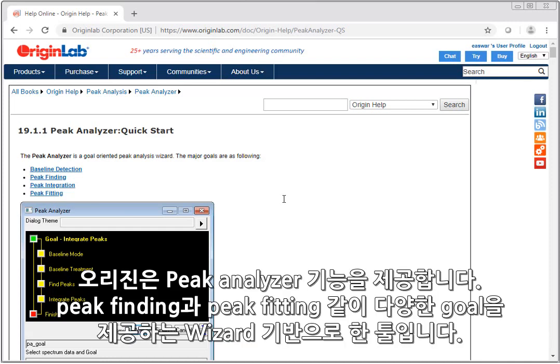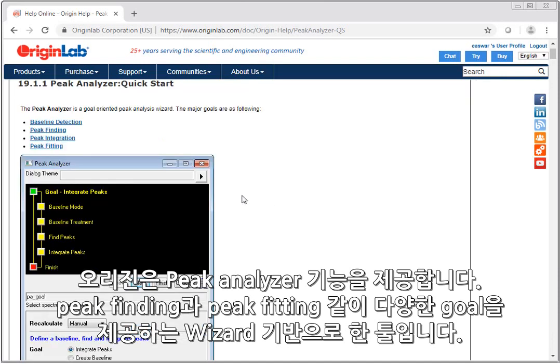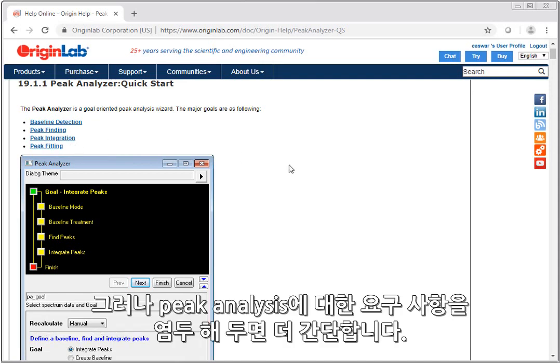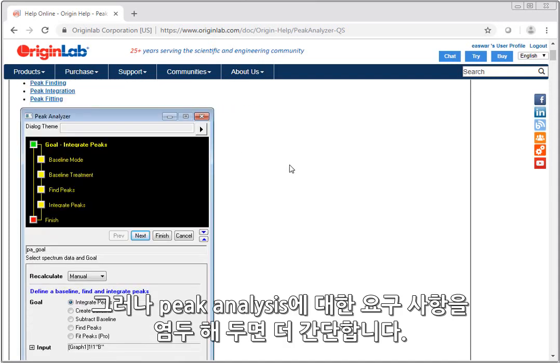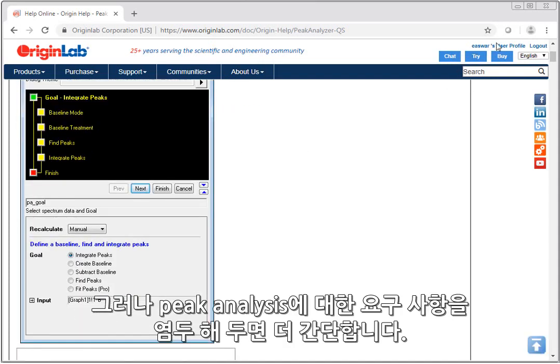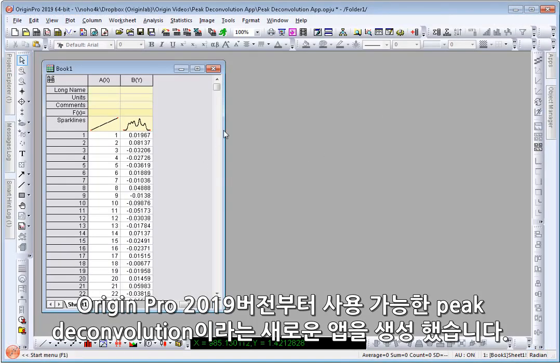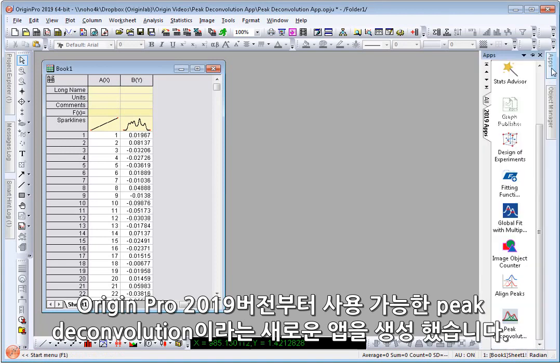Origin provides a Peak Analyzer, which is a wizard-based tool that provides multiple goals like peak finding and peak fitting. This is an advanced tool with a variety of options. However, what if your requirements for peak analysis are simpler? With this in mind, we created a new app called Peak Deconvolution, which is available for OriginPro starting in